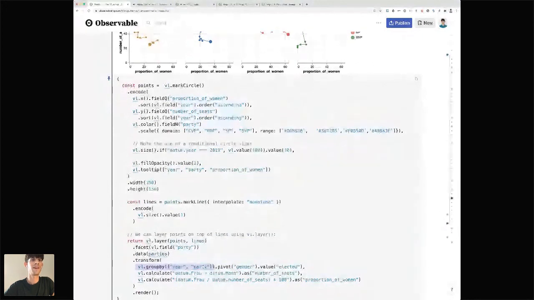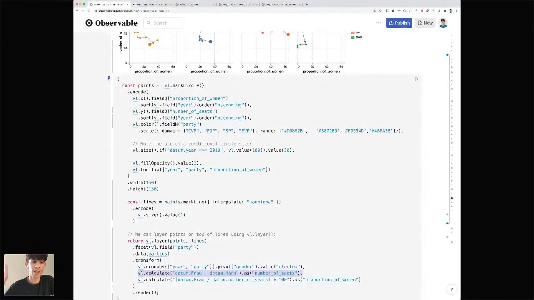And then we pivot on gender using the value elected, the values of the field elected. So now in our data set, we have two new columns for Frau and man